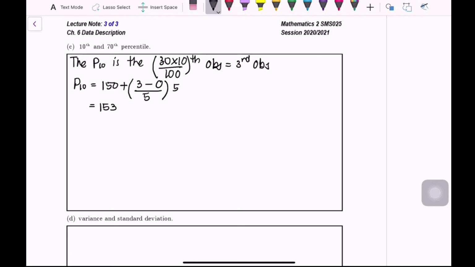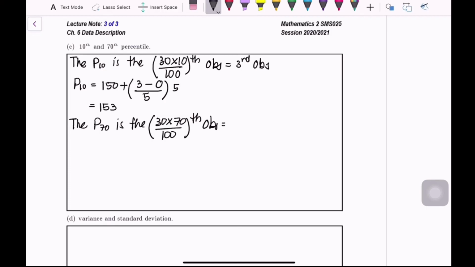For the 70th percentile, or P70, it is 30 times 70 over 100